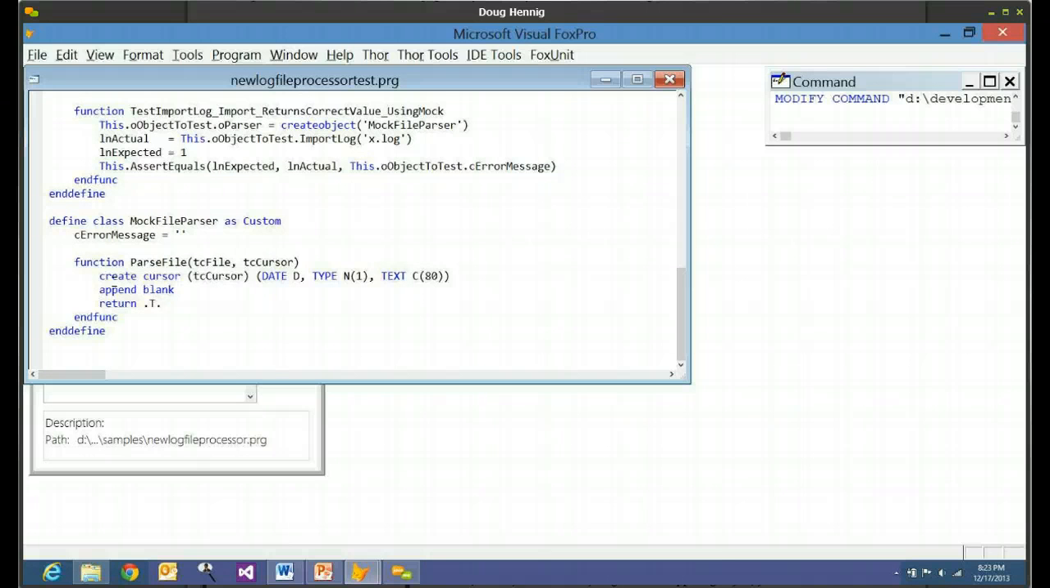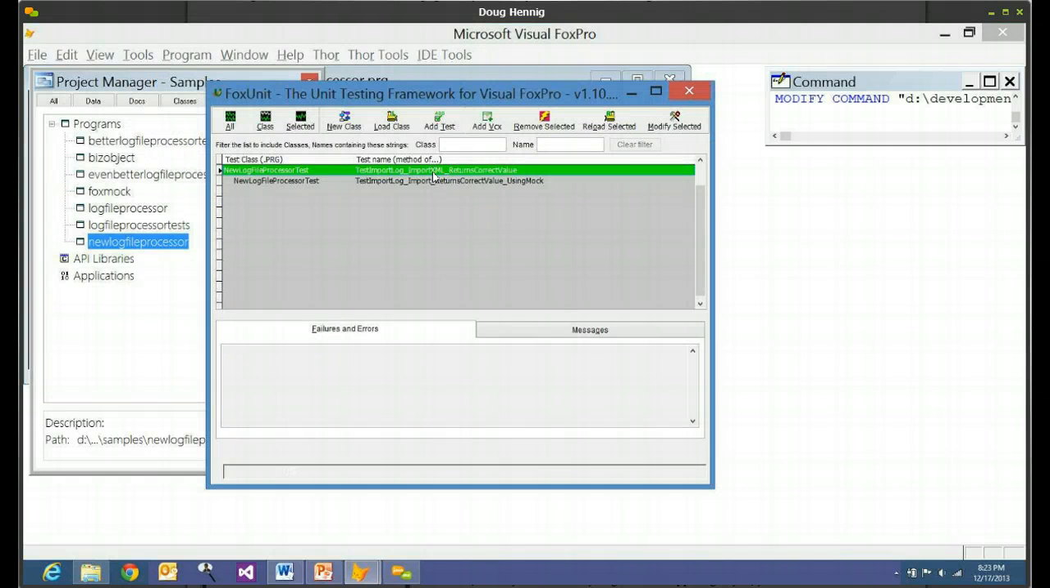In fact, and this one actually has a little bit of behavior only because the processor class expects that the parser creates a cursor of some kind. Other mocks might have no behavior at all. This method might be completely empty other than returning true, or whatever it is supposed to return. So if we go and run this test now,